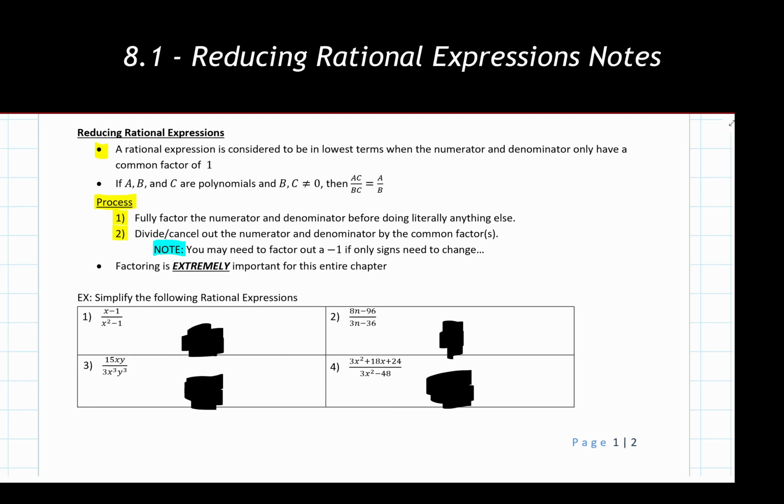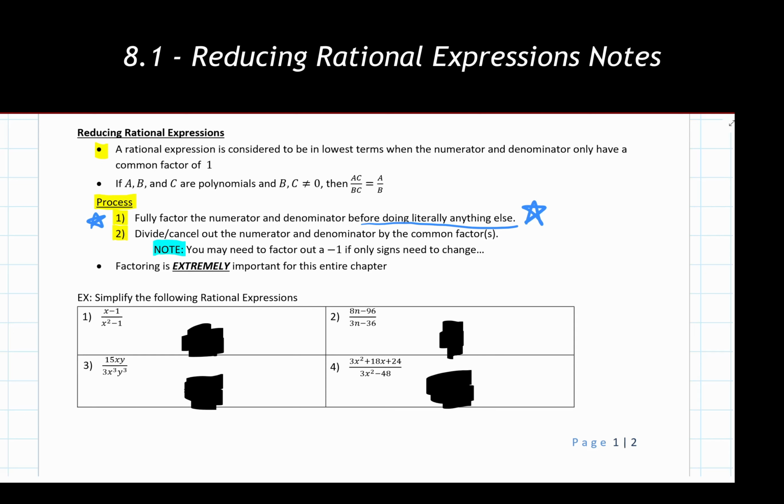If we're diving into our process, our first step, and this is again before we look to do any kind of canceling or dividing or any of that, we want to make sure we fully factor the numerator and the denominator before doing literally anything else. Really want to emphasize that there are a lot of people, when they read through this, they decide, I'm just going to start canceling things at random. There's an x up top, there's an x somewhere down below. I'm going to pick and choose and cancel those things out. We can't do that. We have to fully factor everything beforehand.